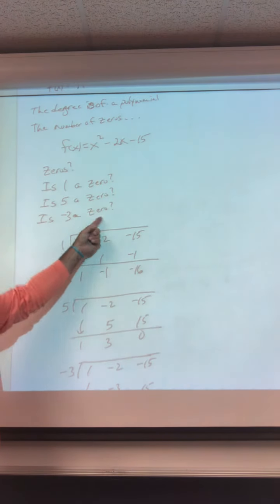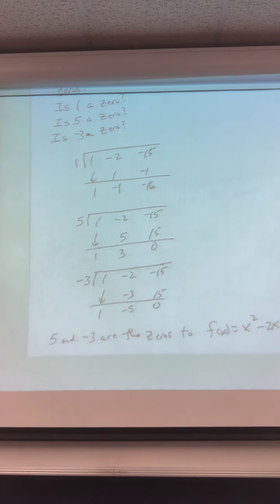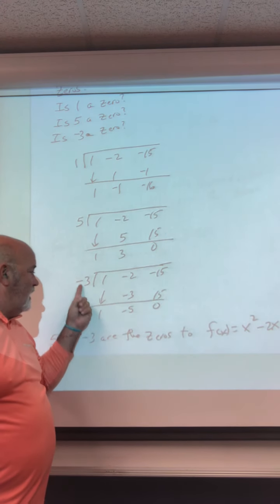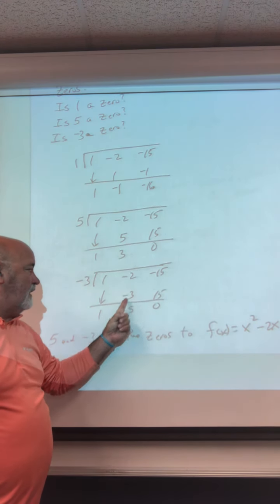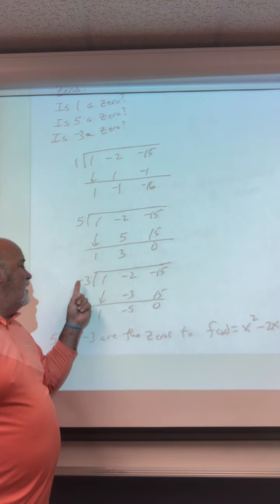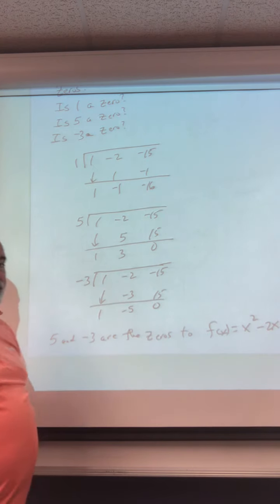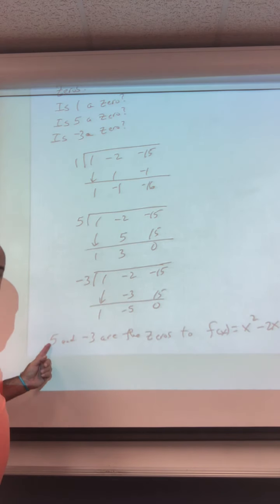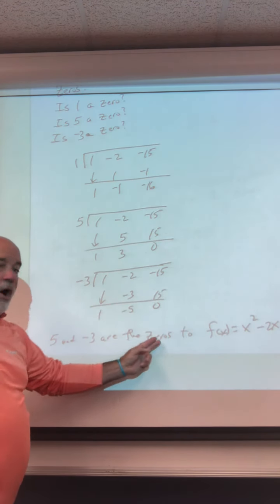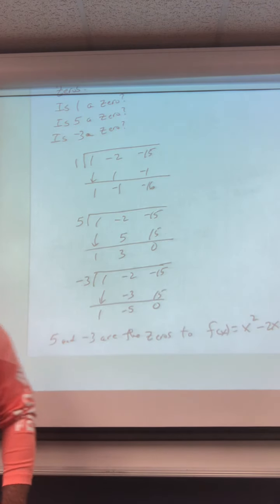Now, let's try to see if negative 3 is a zero. Well, when we do negative 3, bring down the 1. Negative 3 times 1 is negative 3. Negative 2 minus 3 is negative 5. Negative 3 times negative 5 is 15. Negative 15 plus 15 is 0. So, 5 and negative 3 are the two zeros